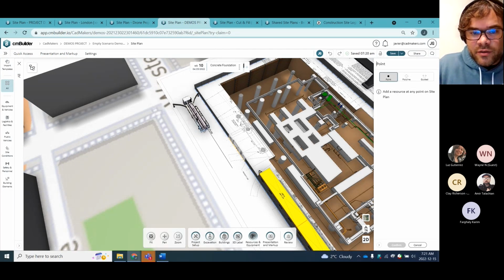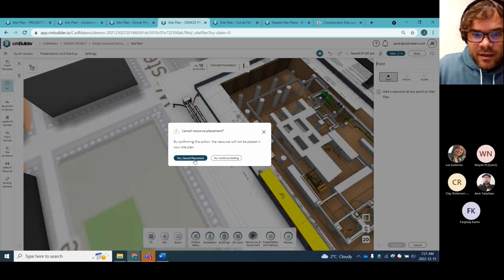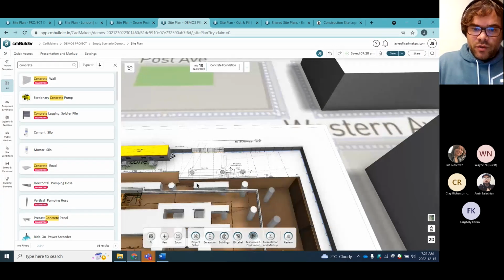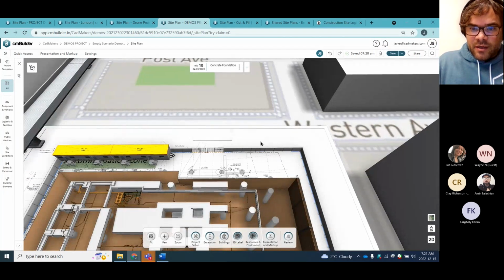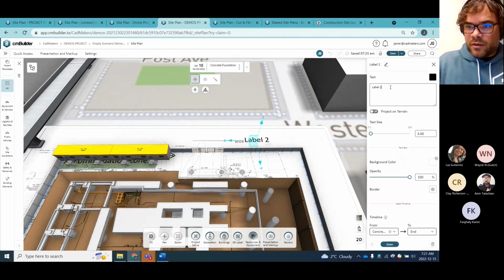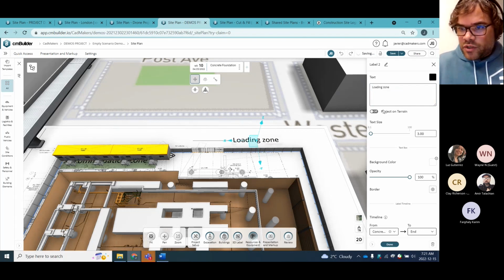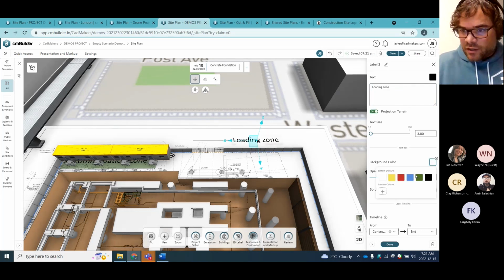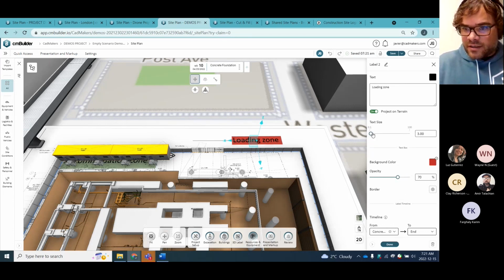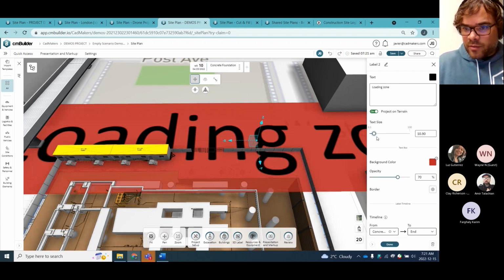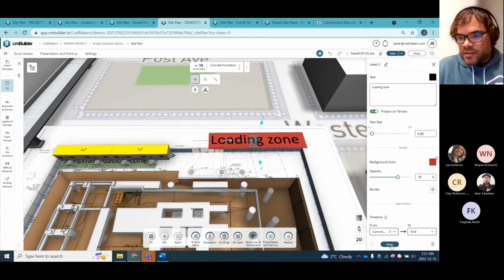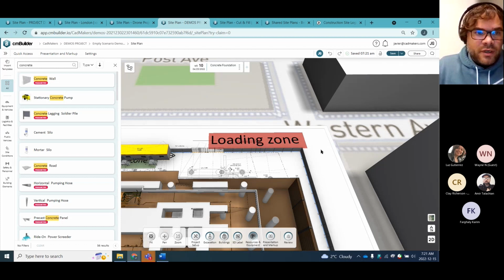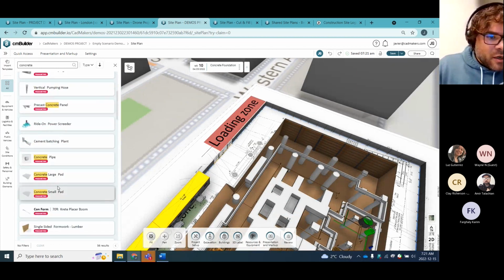Actually, before I do that, I'm going to make a new zone. So again, I could just say, oh, I want to make this a loading zone, or staging, or whatever you want to call it. Loading zone, project on terrain. I'm going to change the color. You can play around with the size of the text, etc. How big you want to make. Oh, it's a little big. You can start to mark these zones up for the owner,